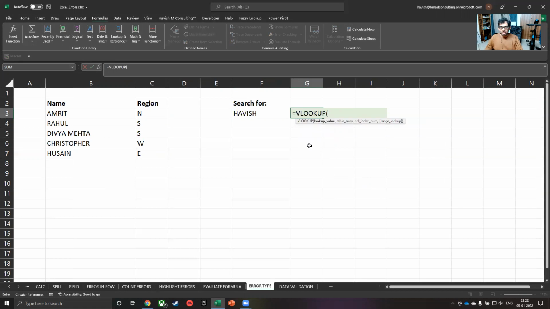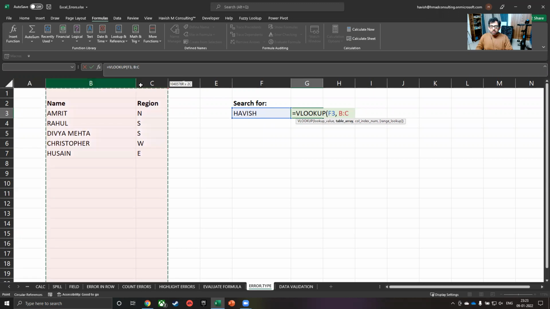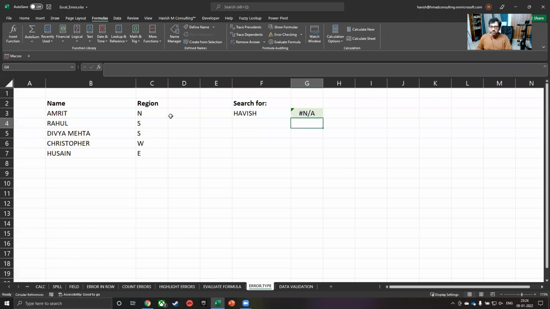First, let's do the VLOOKUP. We are searching for F3 in column B, C, and D. Let's make it BC. The column number is 3 and the type is false. Now it gives me an NA error.